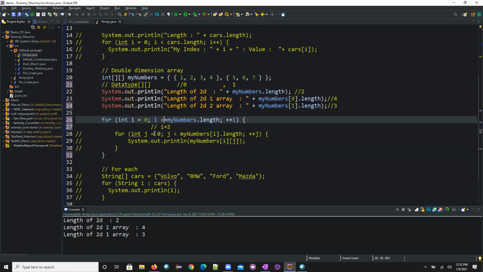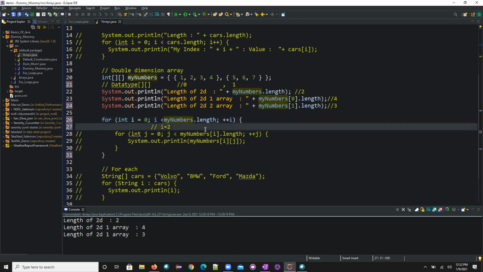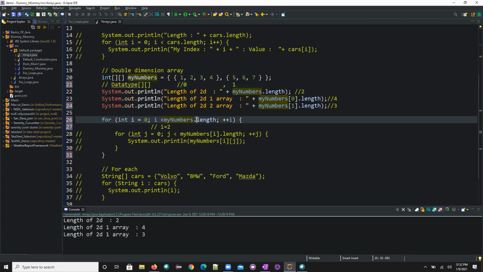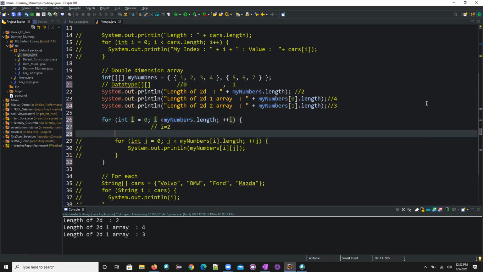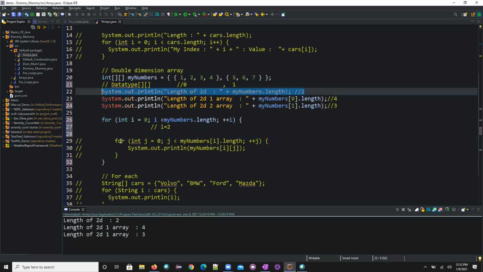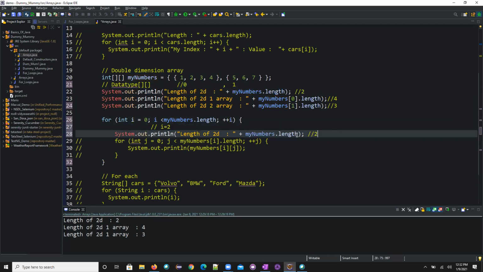3 times, sir. Uday, you're missing a point. It will run for 3 times: 0, 1, 2. Since it starts from 0, I shouldn't give the equal. So when we give it this way, it runs for 2 times. Because I need to run only 2 times, right? I have only 2 lists. Now I given here i equal to 0, and my numbers length is this, plus i. So now I'll keep that. I'll keep the System.out here, saying that this is out.